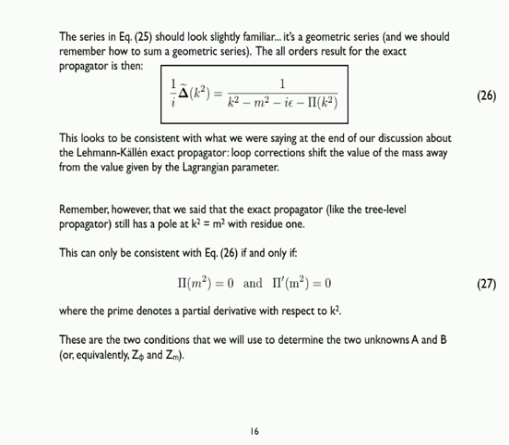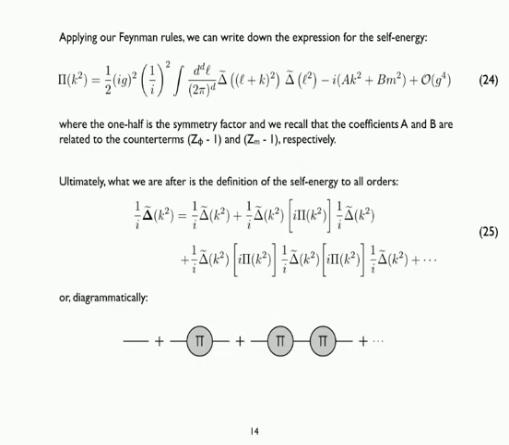Remember, the exact propagator at tree level has a pole at k squared equals m squared and has residue 1. So we want the same type of behavior out of our exact propagator. The only way that can happen is if, when we set k squared equal to m squared, the self-energy vanishes, and likewise the derivative with respect to k squared, evaluated at m squared, has to vanish. These are the two conditions that allow us to compute those counter terms, because when we compute the self-energy to next to leading order, we've got